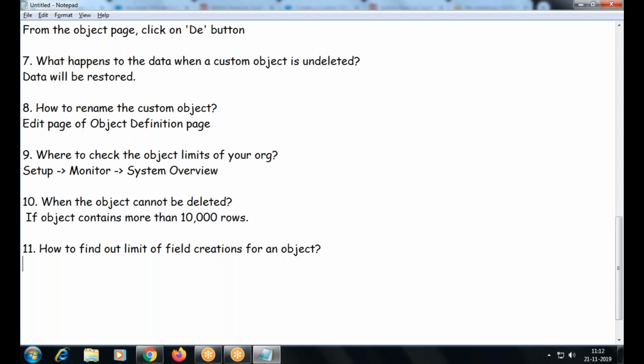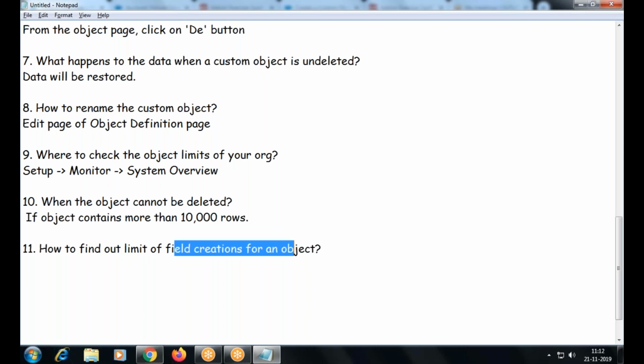You know how to get the object limit for your entire organization, right? There is no object limit for a specific application. For the entire platform, how many objects you can create, that limit is there. How many fields can I create for an object? There is a limit. If I create an employee custom object, how many fields can I create maximum? In real time, you will find 100 fields, 200 fields, 300 fields. There are applications where an object has more fields. But we cannot create as many fields as we want. There is a limit.